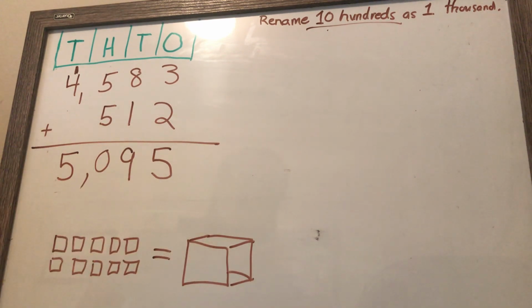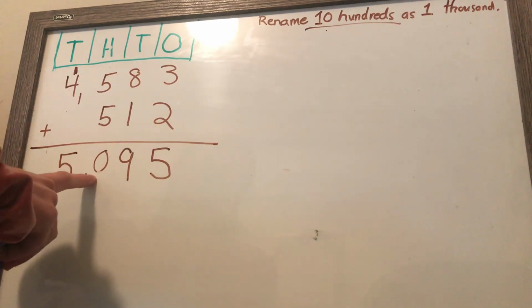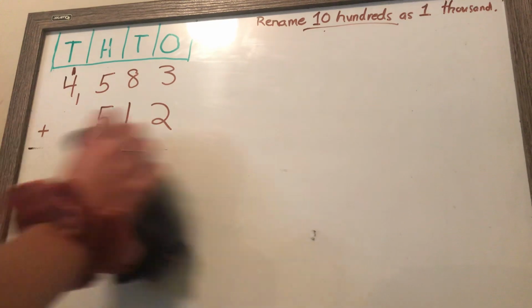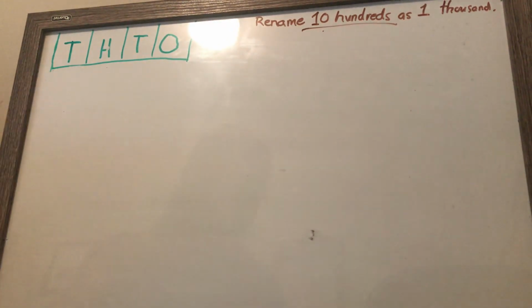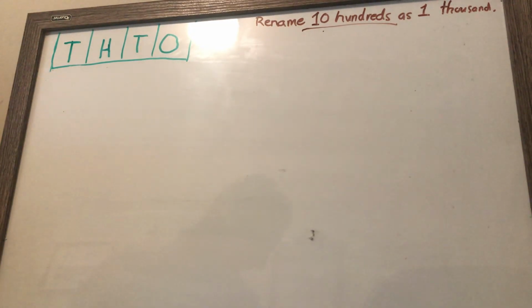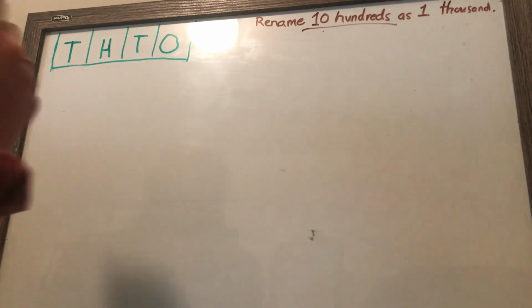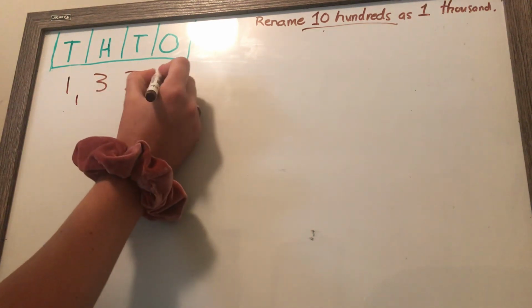Okay, let's do another one. Before I erase that, what did we rename? We renamed the hundreds, right? The hundreds place value, and we turned it into 1,000 because we could not have 10 hundreds in our hundreds place value. We have to have 9 or less. Okay, next. Let me fix that right there. Let's add 1,338